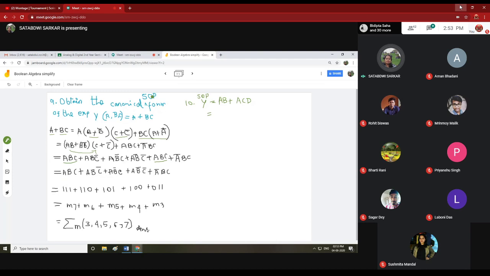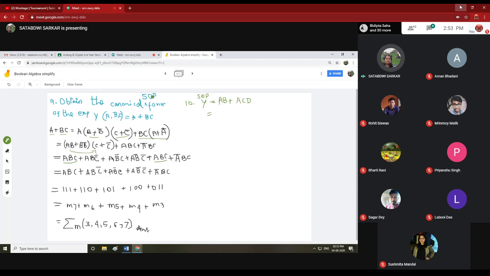Now y equals to AB plus ACD. So we can see here A, B, C, D. 4 terms are there. So 4 variables are there. So now here C and D are not present. So we have to multiply this in this way. AB into C plus C bar, as C is absent here,